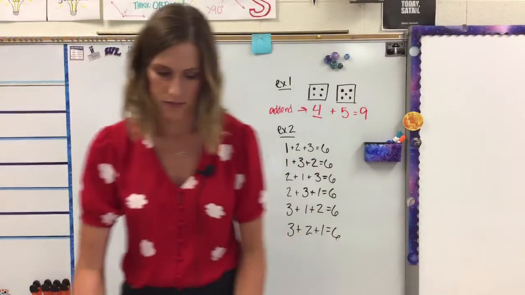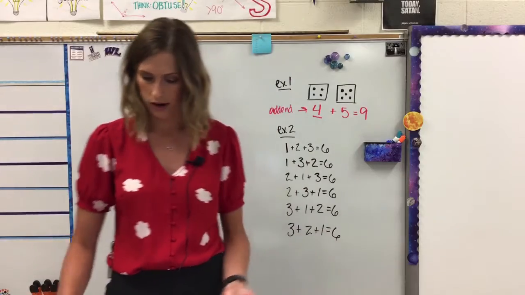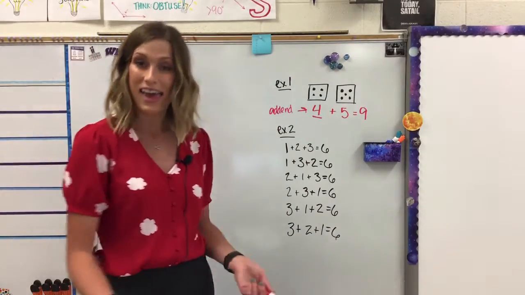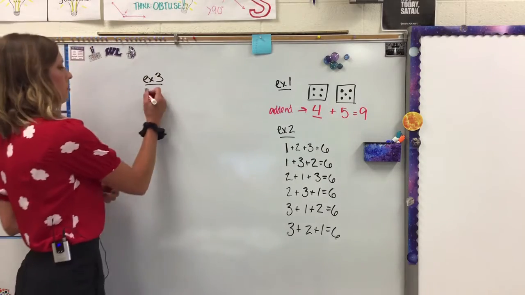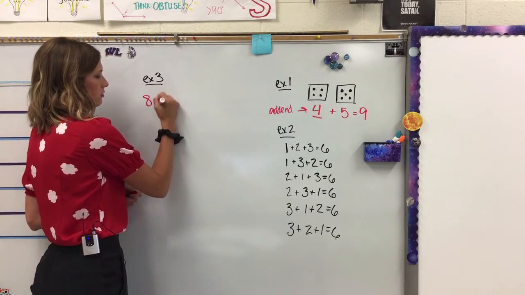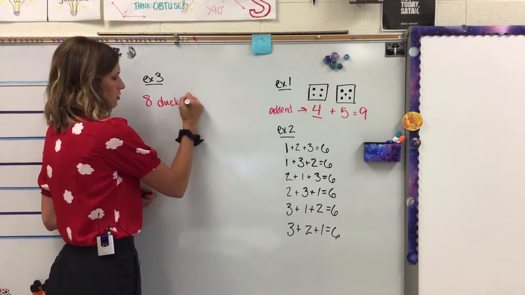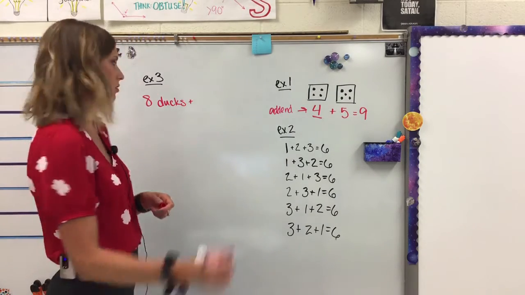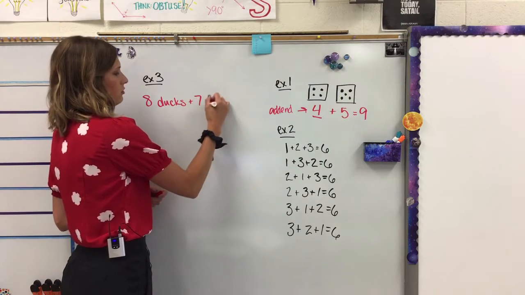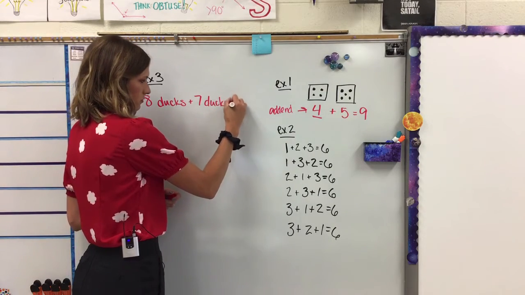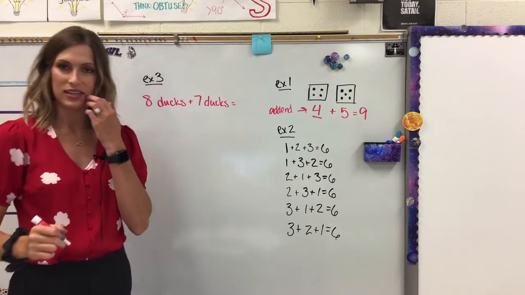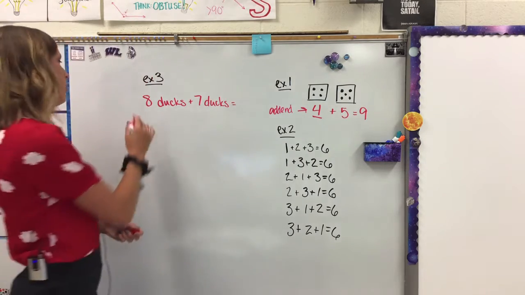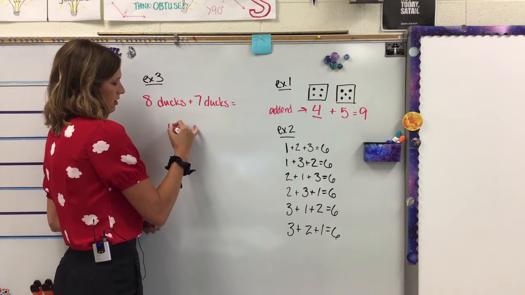So we've got a sum, and then we've got a sum more. So how many ducks did he see first? Reread. Matthias saw 8. So I'm going to have 8 ducks plus how many he then saw, reread, then he saw 7 more. So 7 more ducks equals how many ducks total? Well, this is a math fact. 8 plus 7 is 15. So we know 8 plus 7, we get 15